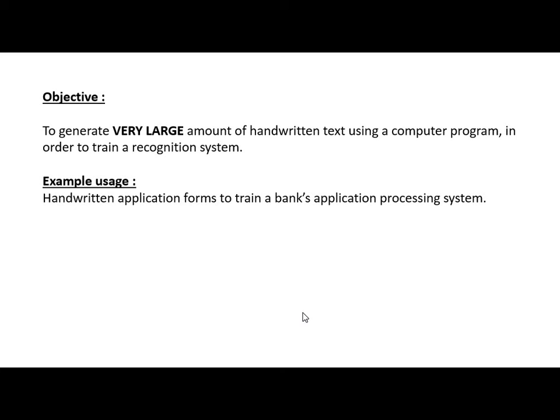Hello everyone. This video is to demonstrate how we can mimic handwritten pages by using a computer program. Let's say we want to build an intelligent application processing system for a bank which should be able to read what is written on a form. So for such a recognition system to be in place, it needs to be trained beforehand with a very large